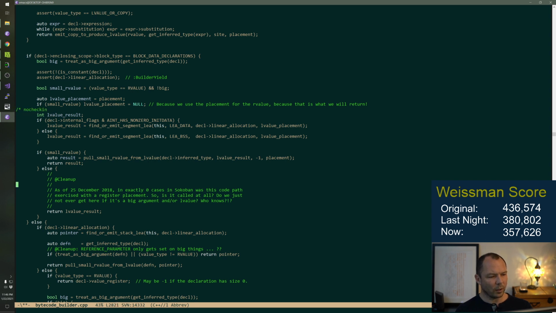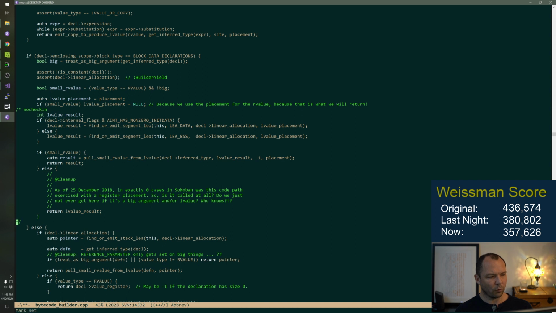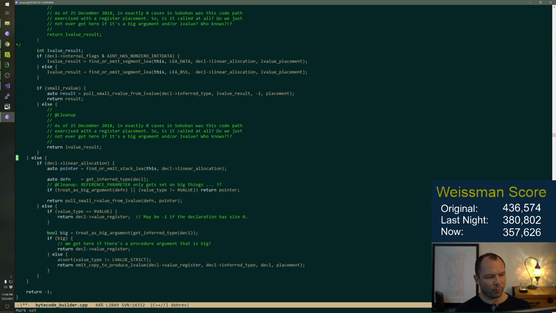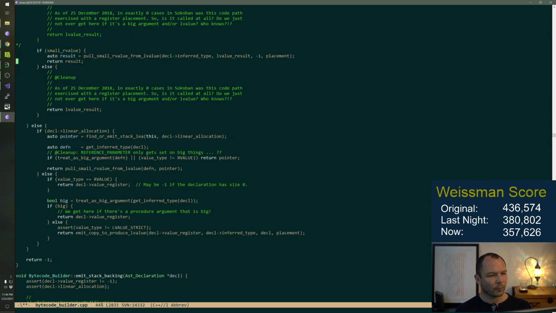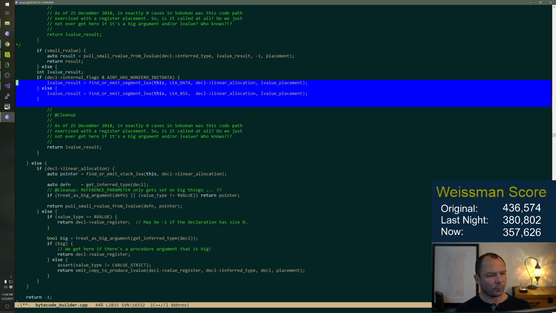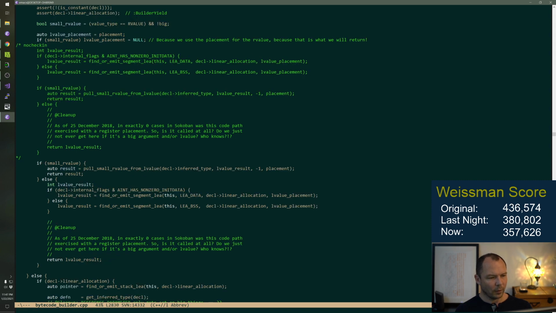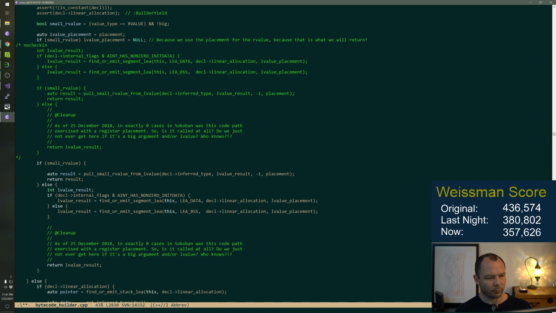This is just generally code that refers to global data. We're going to flip-flop it around. I'm a flip-flopper. Okay. We're going to do this. And then instead of this, we're going to say result equals